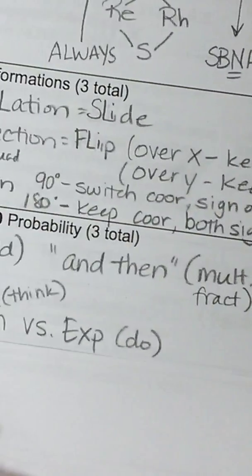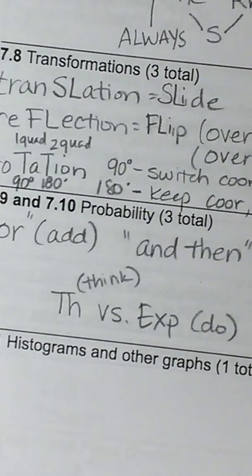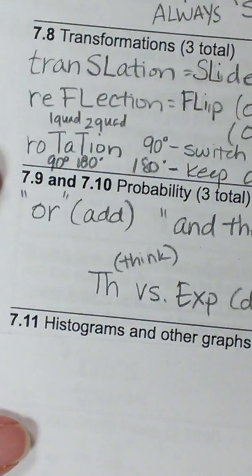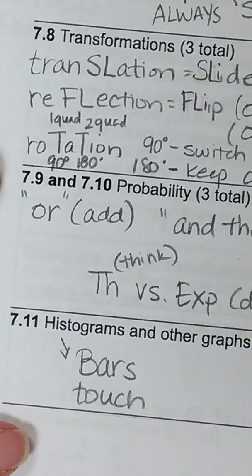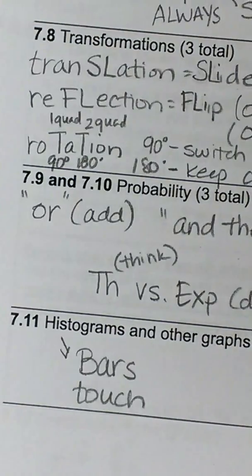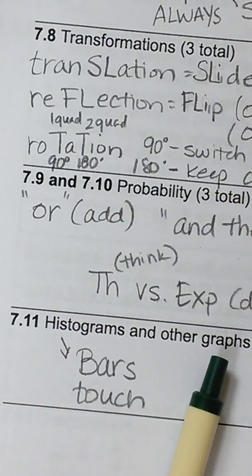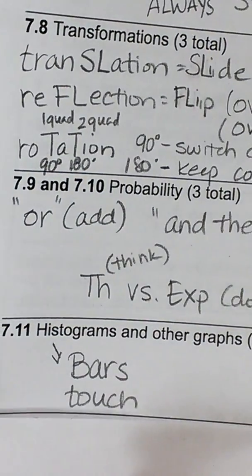The next one is 7/11. That's histograms and other graphs. Remember that in histograms, those bars touch. They're talking about intervals, not a specific number. So you can't really know exactly how many had 12 because it's within a range if it's talking about a histogram. In terms of the other graphs, I'm going to have you go back for just a second and look